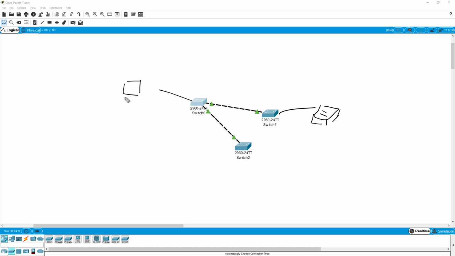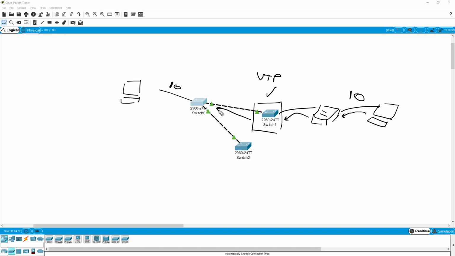Over here, we have a PC in VLAN 10, and off the back of this switch, a PC in VLAN 10. Then this guy in the middle here, through the power of VTP, will be aware that VLAN 10 exists, and therefore when traffic comes in and it's broadcasted or unicast switched out of the ports, end-to-end communication is successful. If VTP did not exist and that VLAN did not exist on this actual switch, then what